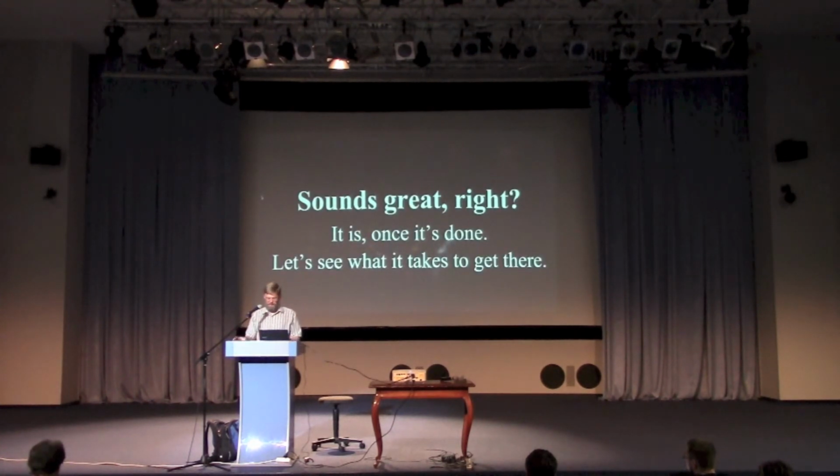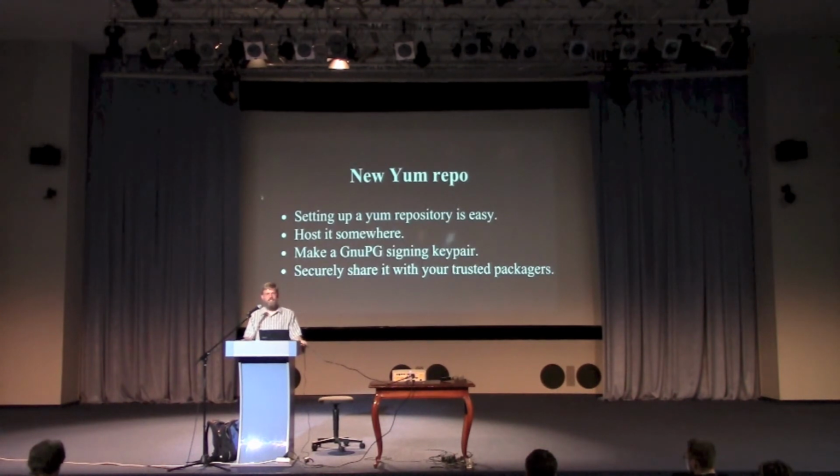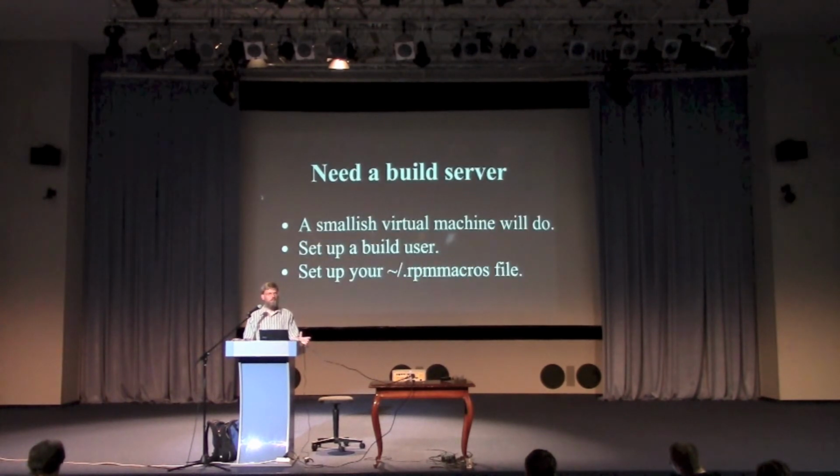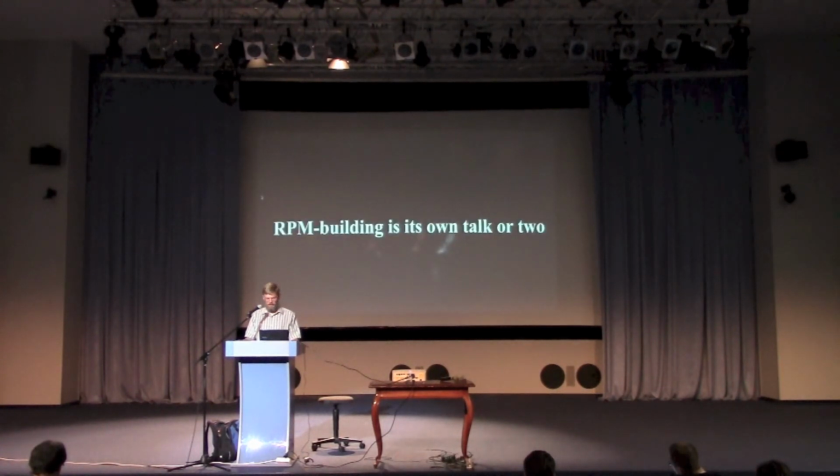Except for all the labor I'm not mentioning yet. So setting up a Yum repository involves creating a repo, which is really easy, hosting it somewhere, easy, making a GNU PG signing key pair, and then distributing the secret and public key part securely to your trusted team members who are working on this. You need a build server, a little VM will do. You need a build user because you don't do package building as root. You need to set up a .rpmmacros file in the home directory, and that's where you specify a lot of things,